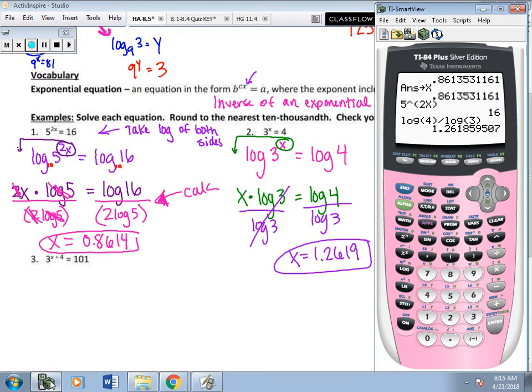Let's check it real quick. Store that in for x. 3 to the x power gets us 4. All right,